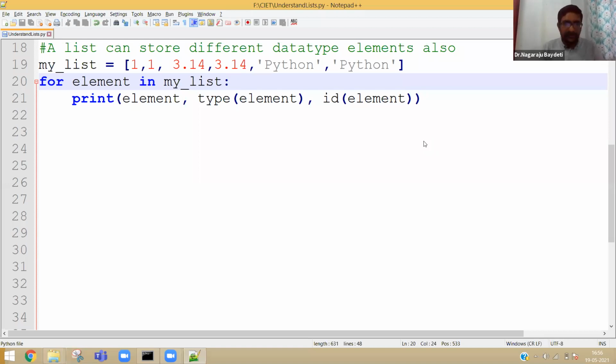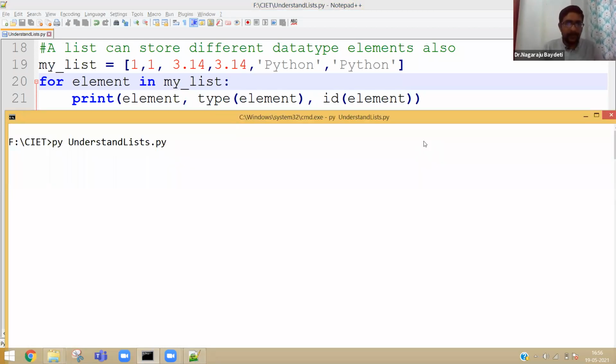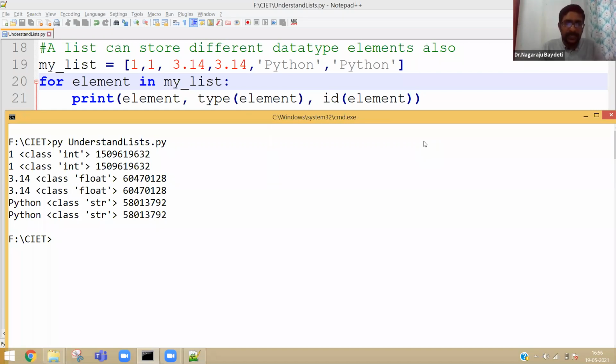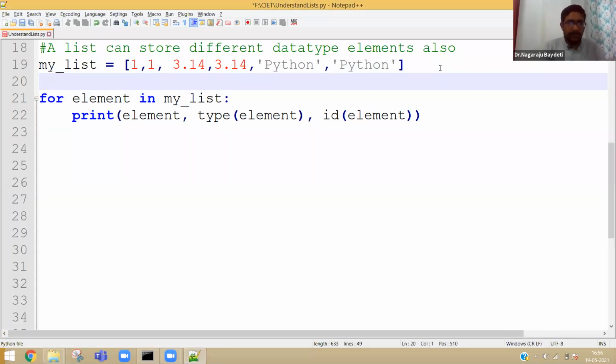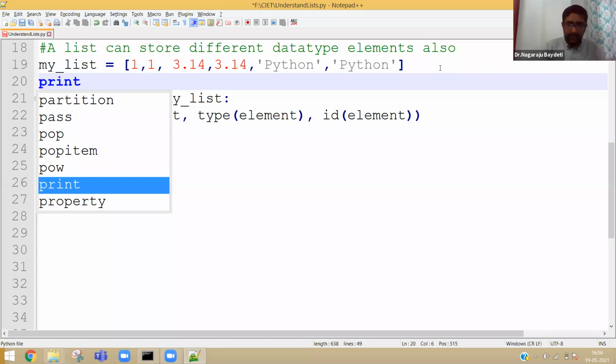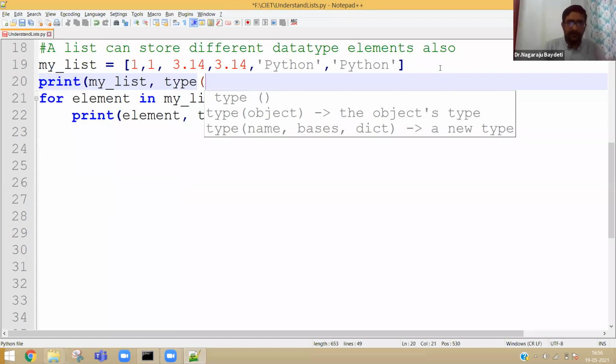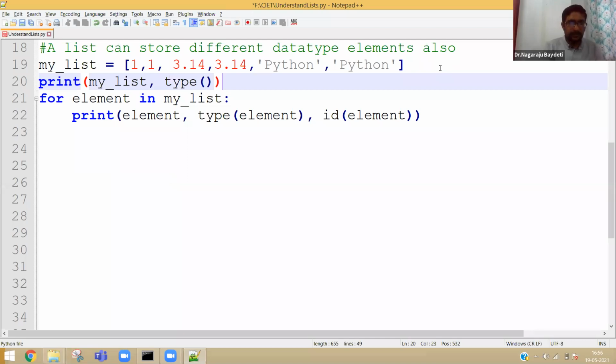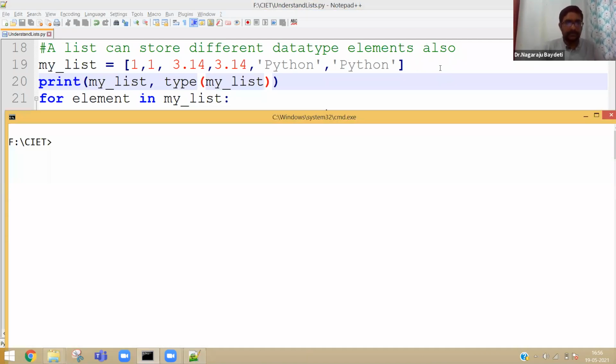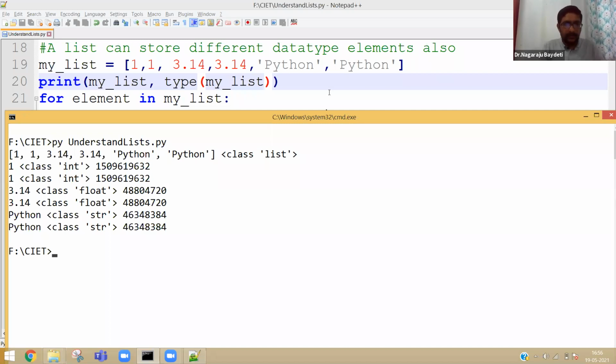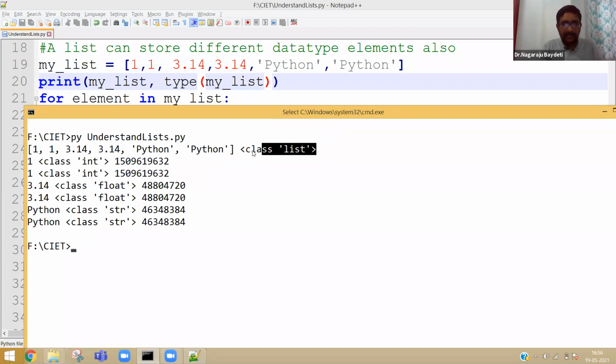And you can clearly see from the output, a list is a combination of 2 integer objects, 2 floating point objects, 2 string objects here. For example, print my list, comma, type of my list. Then you can clearly see here, my list is a class list, object of class list, and it is a combination of different data type elements.